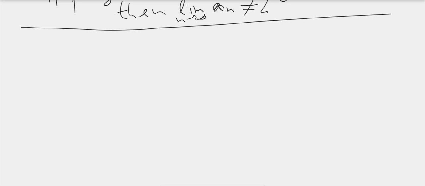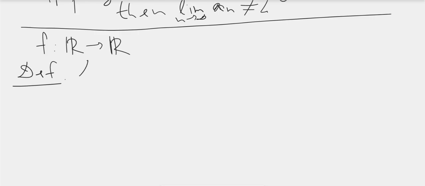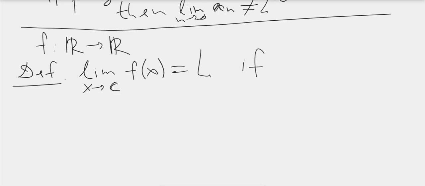So if we have a function from real numbers to real numbers, we have a definition of a limit. So we say that limit of f(x) when x goes to a certain constant number c is equal to number L